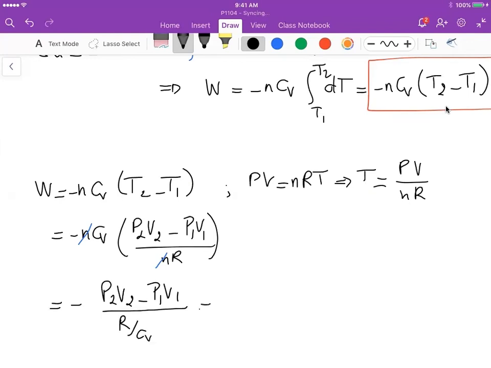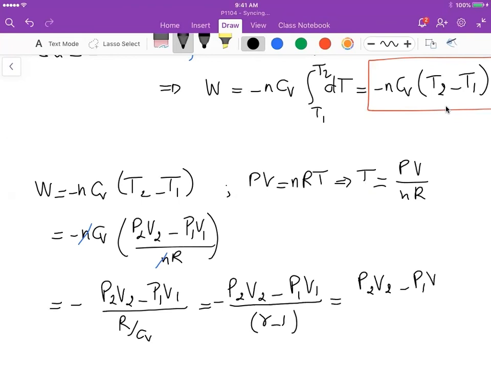With the minus 1 it becomes P2 V2 minus P1 V1 divided by gamma minus 1. Gamma minus 1 with the minus sign becomes 1 minus gamma. And so we can write down the work as P2 V2 minus P1 V1 divided by 1 minus gamma. And this is it. So we can write down the work as